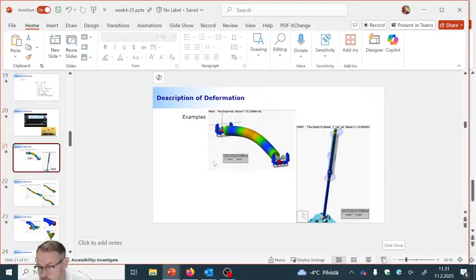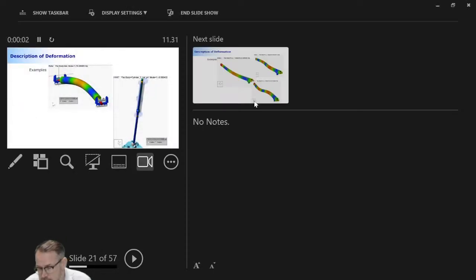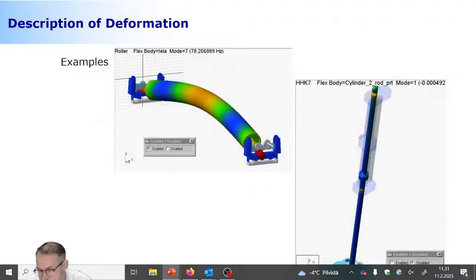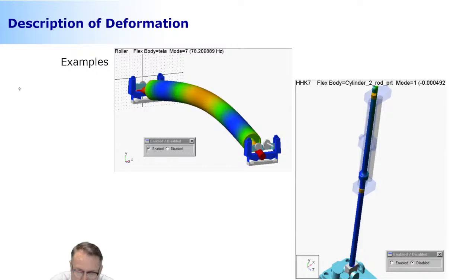Let me see if this goes correctly. No. So every single time that this cable is connected, it's not willing to go well. Okay. Let me see if this is willing to. Something is off in this presentation now because it keeps getting stuck all the time. Is there too much? And look at that.